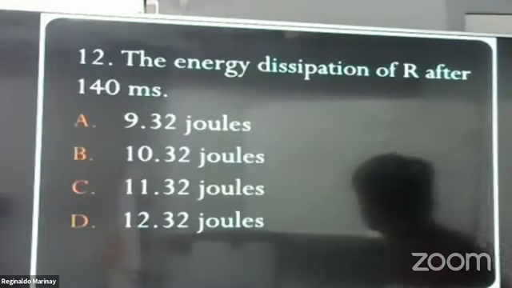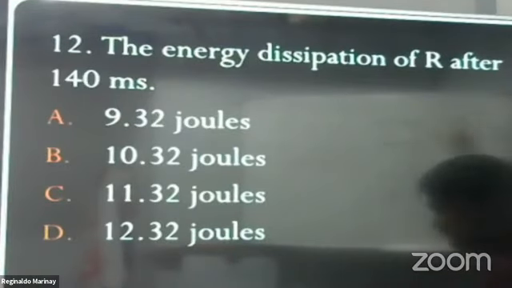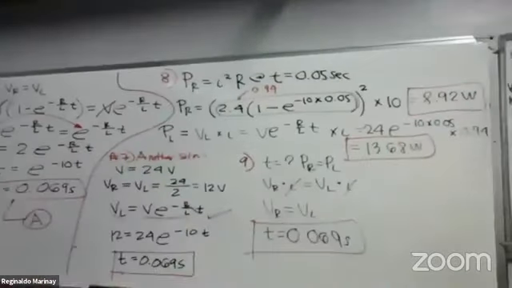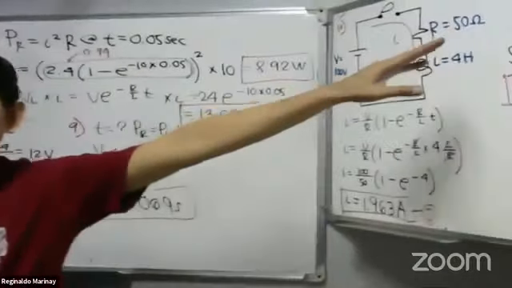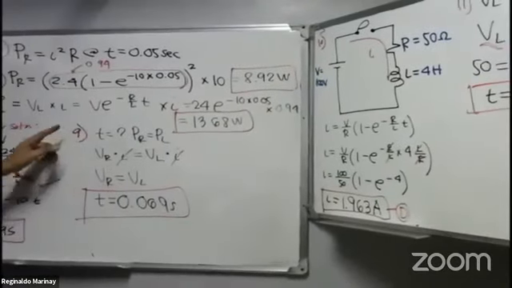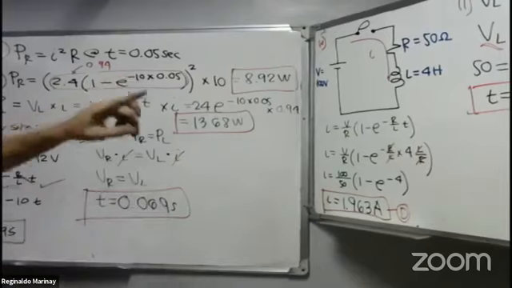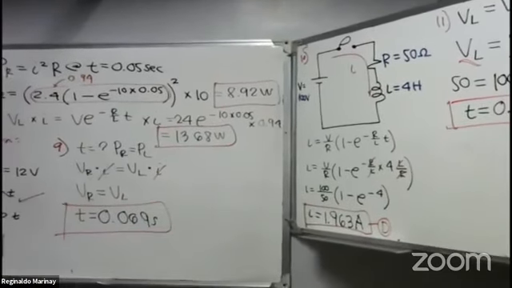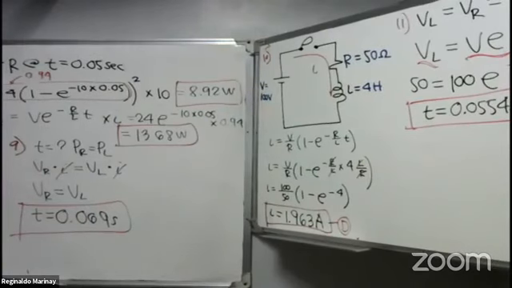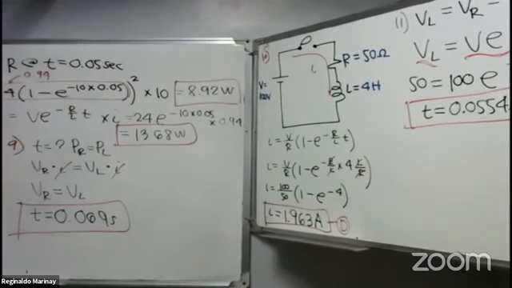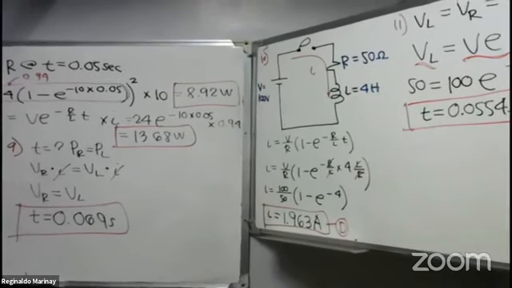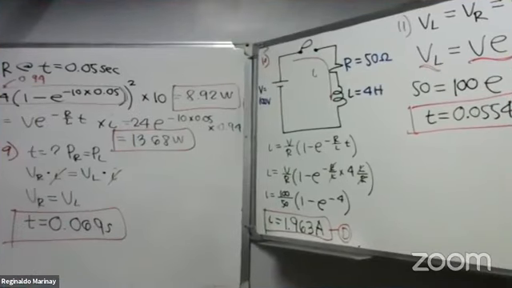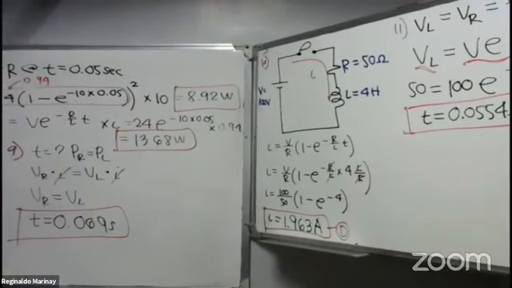Number 12 next. Copy first while I erase the whiteboard. Please make sure the camera captures numbers 9, 10, and 11. Please copy what is on the board, guys, so that you have a copy of our notes.